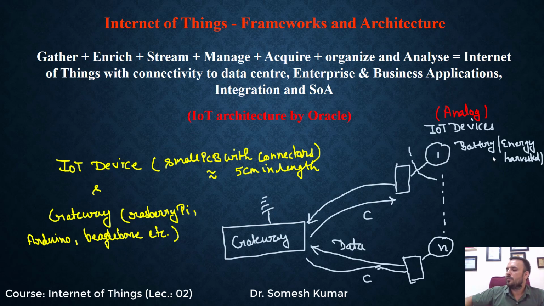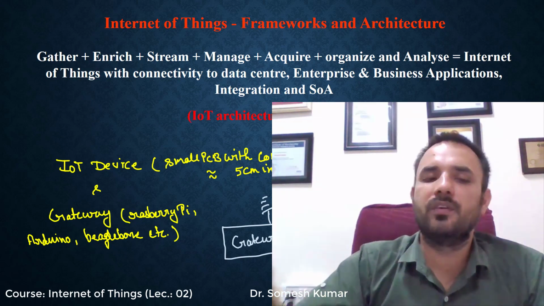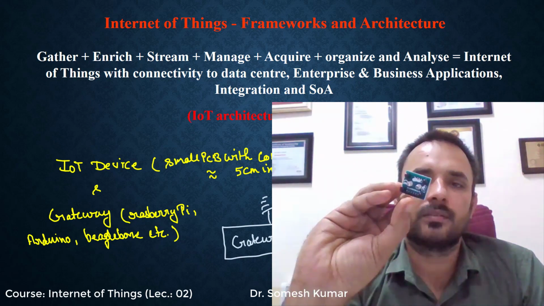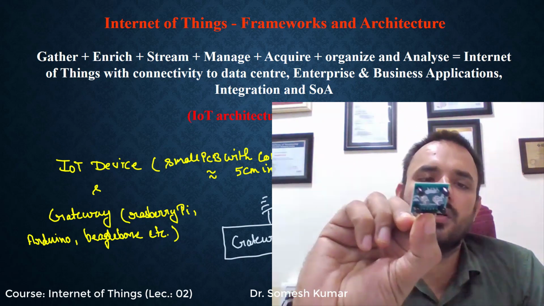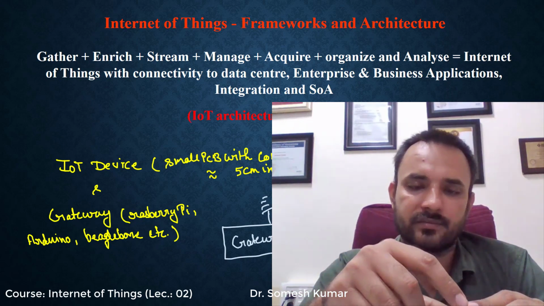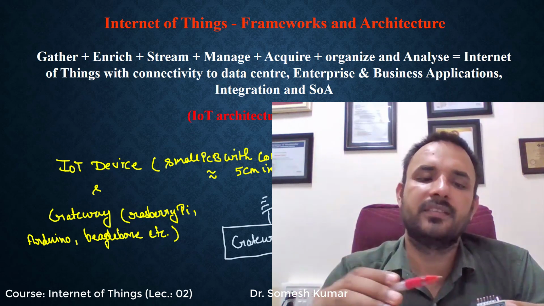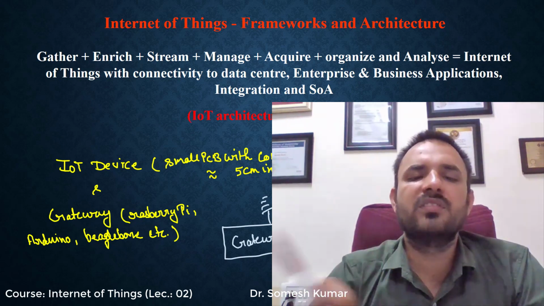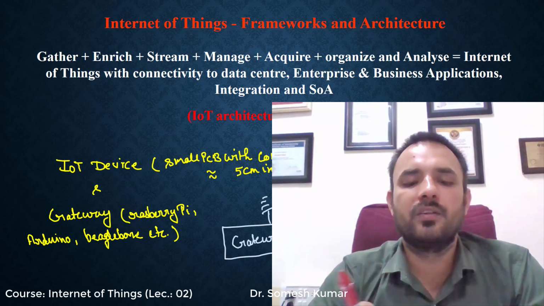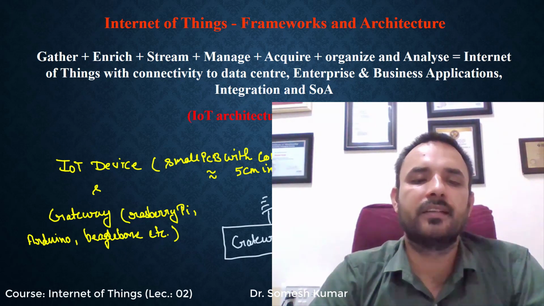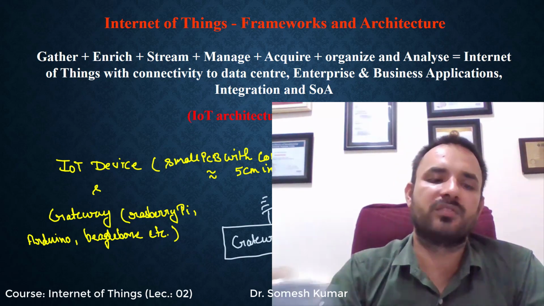So I will show. This is one of your IoT devices. This is your color sensor. Fine. Basically, these are the connectors. These pins are your connectors. Now, this is approximately 5 centimeters in length and 2 to 3 centimeters in width, or less than it. This is basically an approximation.